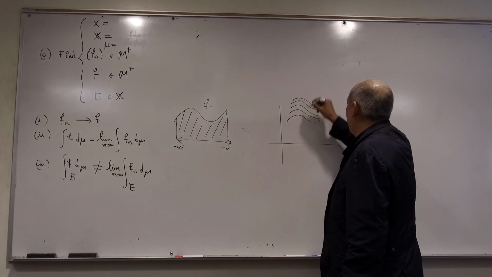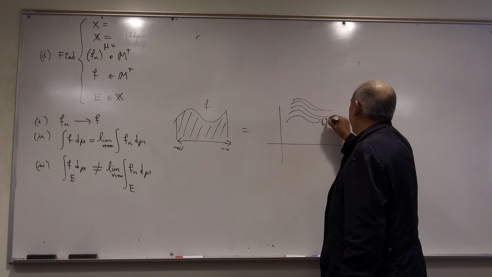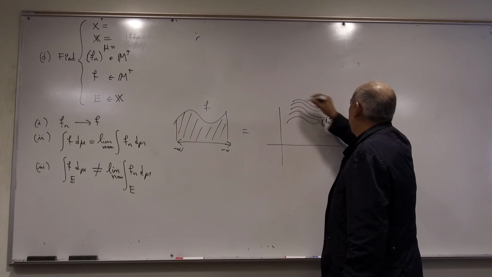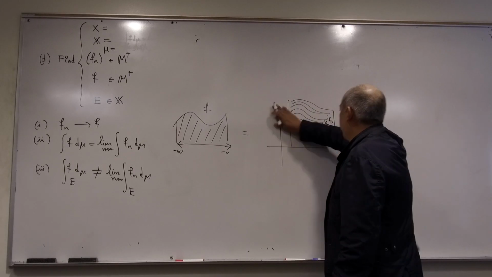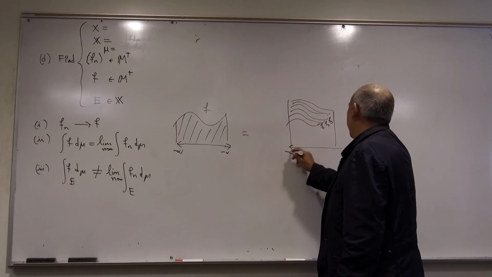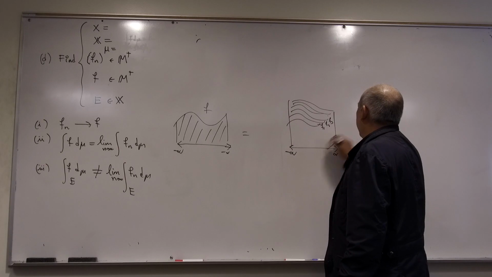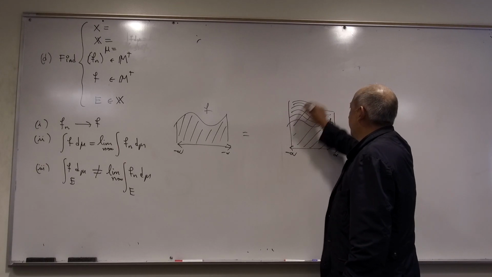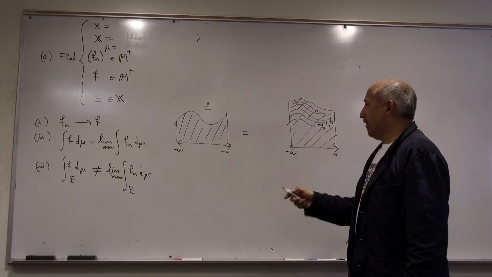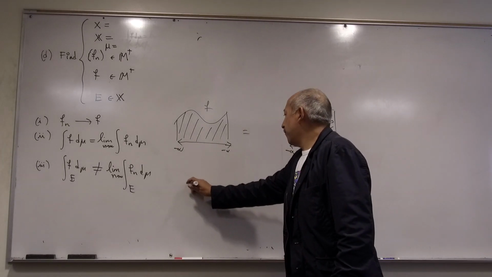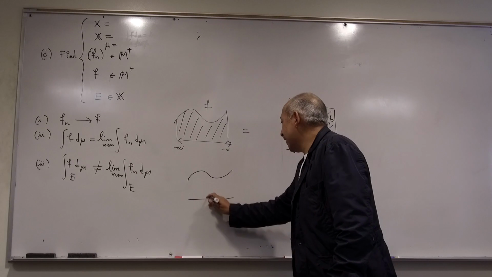That's f1, f2, f3, up to, they converge to f. So the limit of those integrals from minus infinity to infinity, they match, right? But the integral of the same function on a specific set E,